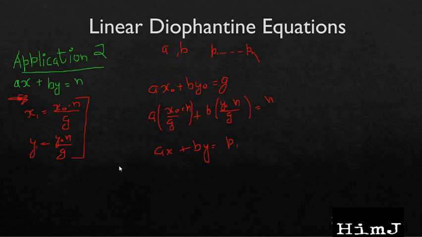for A. So just a quick recap, this equation will have infinitely many solutions. So we can find out a solution out of those infinite solutions by first calculating value of x naught and y naught using extended Euclidean algorithm, and then can calculate the real answer by multiplying it by n and dividing by g, where g is the GCD and n is the value on right hand side.